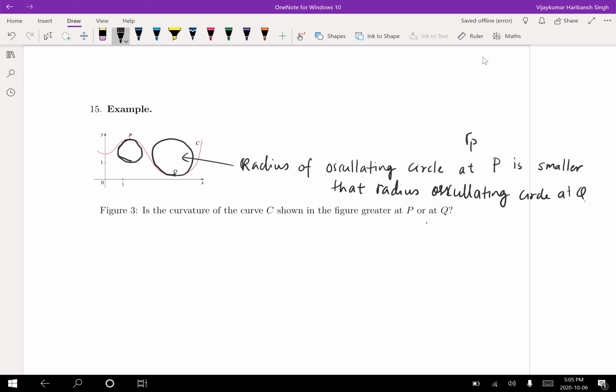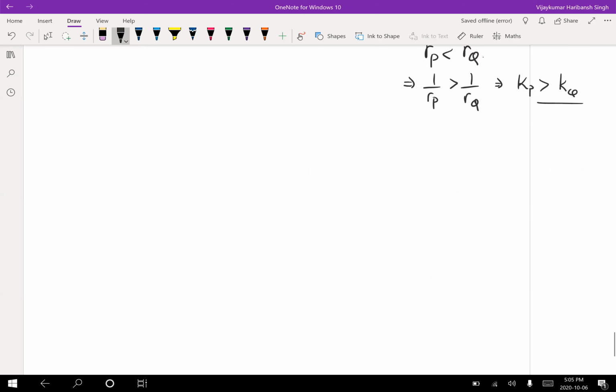That means R of P is less than R of Q, but this implies 1 by R of P is bigger than 1 by R of Q. And 1 by R of P is essentially K at P, which is greater than K at Q. So the curvature at P is bigger than the curvature at Q. All right, so this takes care of the